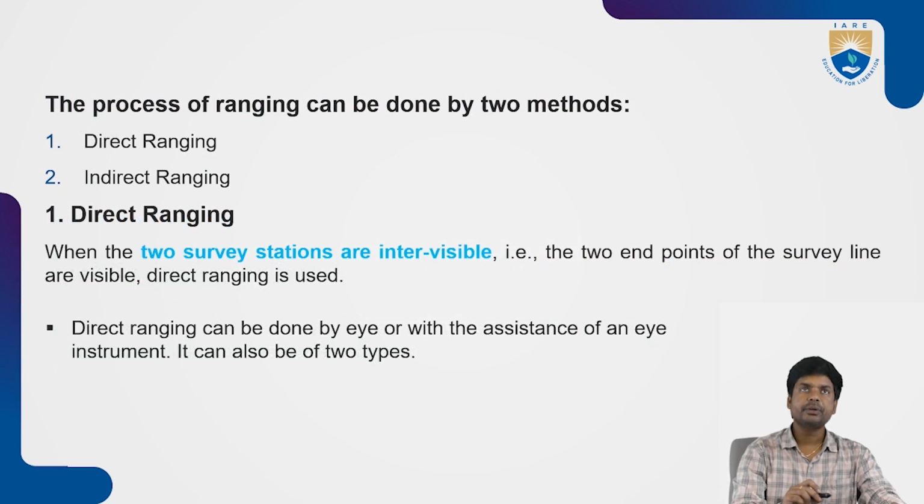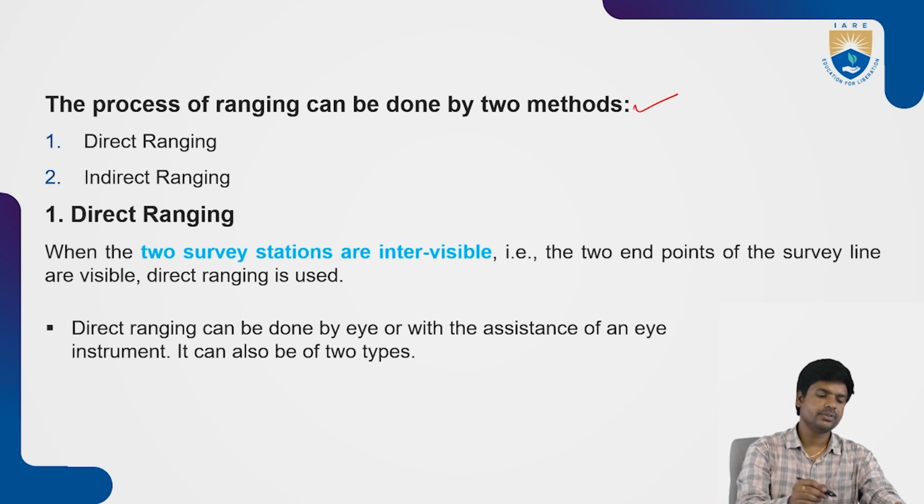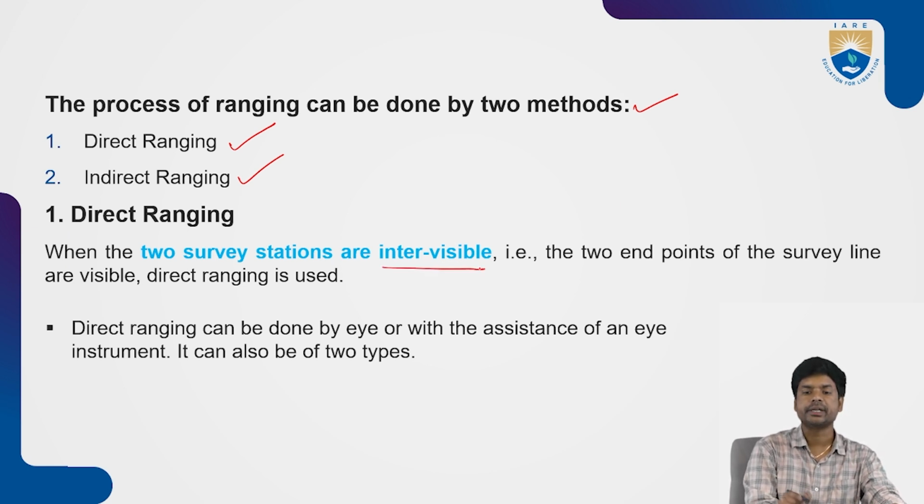Now, coming to the next one, the process of ranging can be done by two methods. We are going to do the ranging for surveying by using two methods. The first method is direct ranging, and the second method is indirect ranging. Coming to direct ranging in detail, see, when the two survey stations are intervisible, that is, the